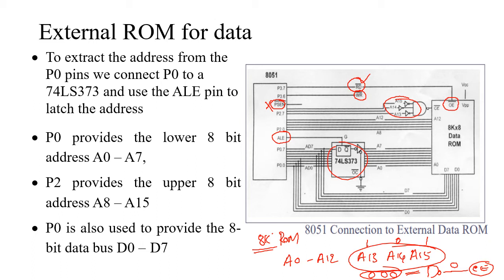In order to avoid such things, the chip enable is connected to the remaining pins A13, A14 and A15, making sure that it is always 0. If any of these values becomes non-zero, then this chip enable signal gets 1, so this particular chip will not be selected at all. This is how we can avoid unnecessary or out of range addressing, or receiving the data from out of range address, by using this particular setup.